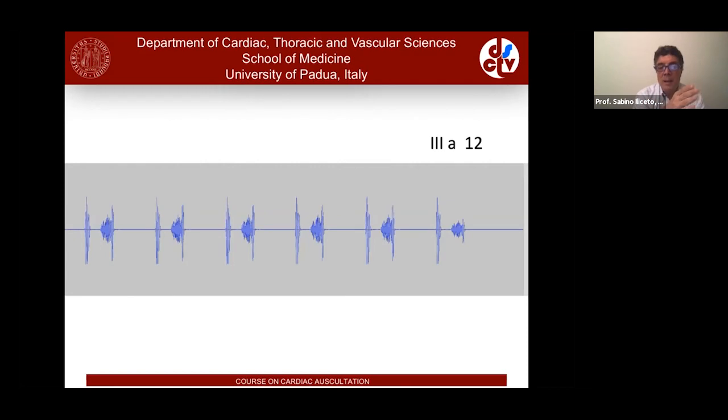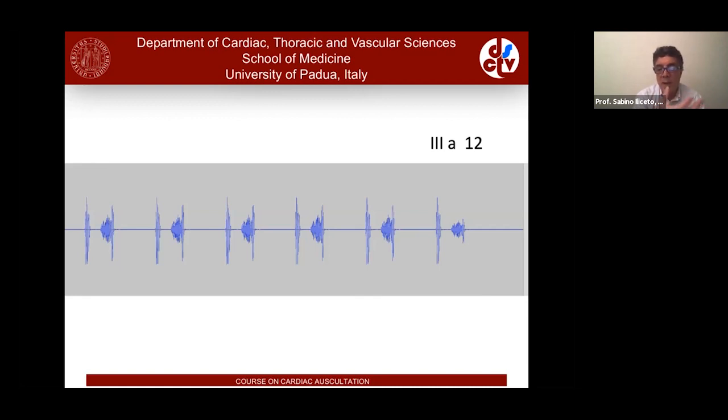This means that the murmur does not cover entire systole, but is end systolic. The end systolic murmur can be the result of mitral valve prolapse or ischemic heart disease. Of course, this is something that is very easy to be understood according to the medical history, the patient age, the patient